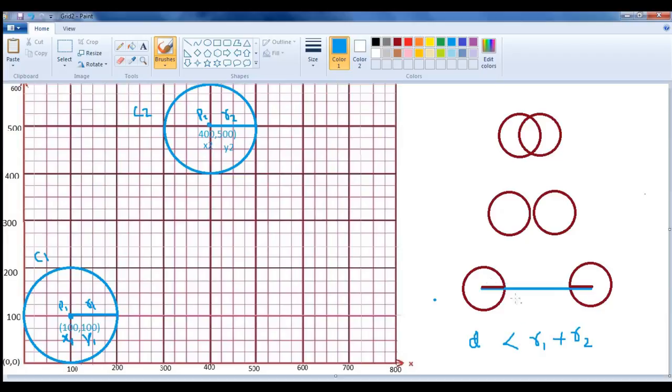Here radius 1 is 1 and radius 2 is 1, and 1 plus 1 is equal to 2.